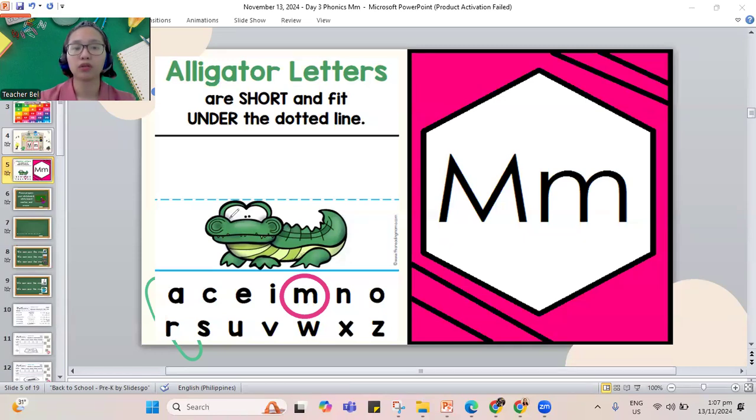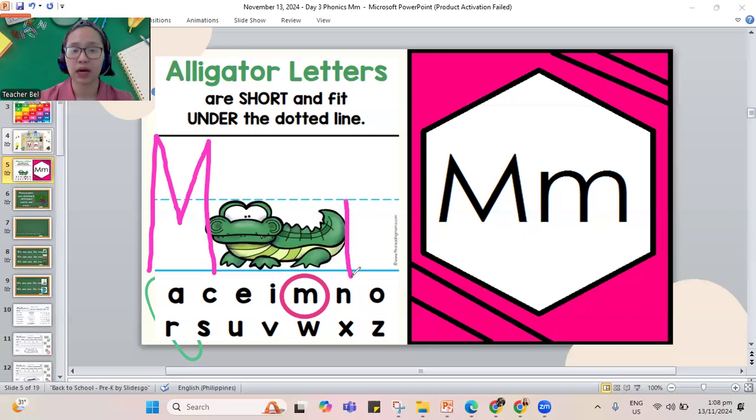How about the capital M first? Remember, capital M, you make a line down, go back up, down we go. So we have capital letter M. That's what your capital M should look like. Lowercase m has to be like the alligator under the dotted line.